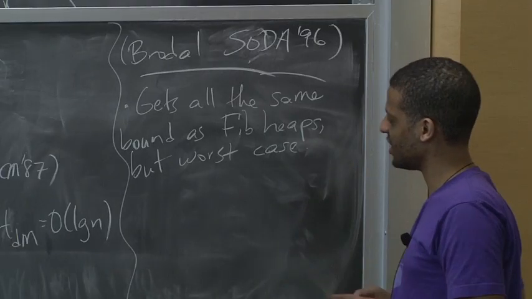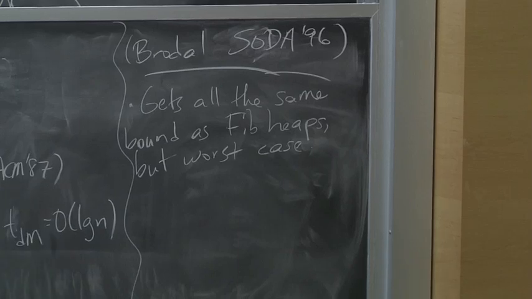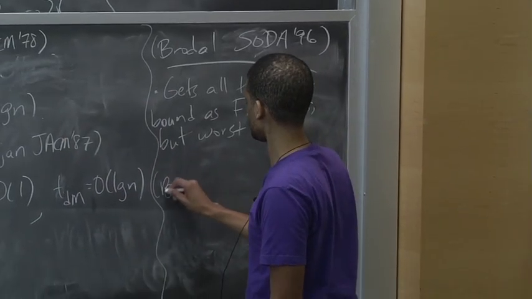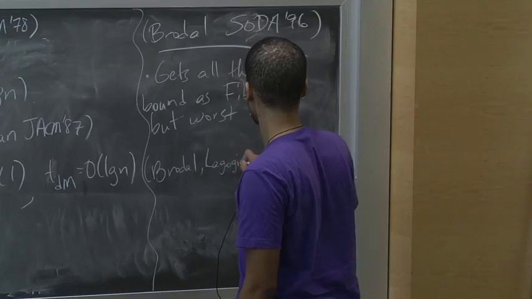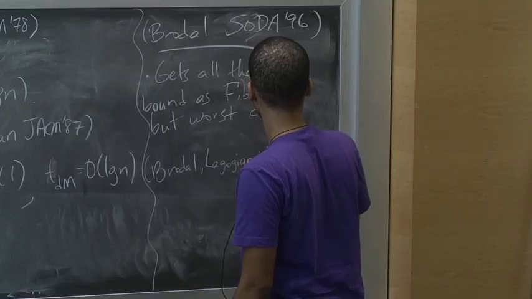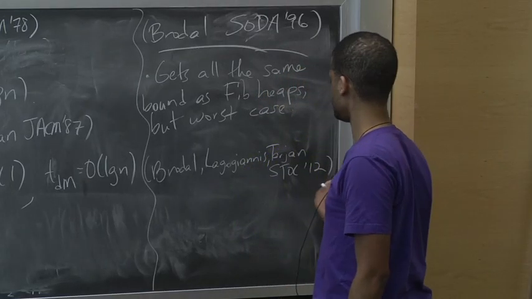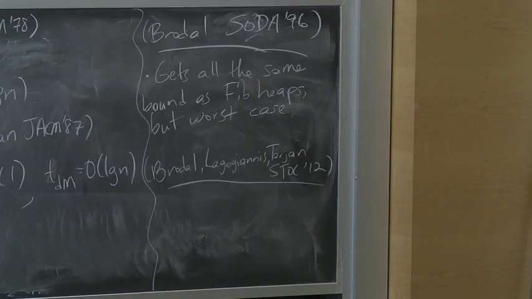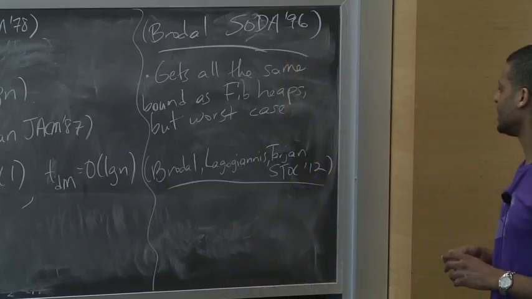So he gets that, and then there's a paper by Brodal, Tarjan, and one other person whose name I'm going to misspell, Lagogiannis. Brodal, Lagogiannis, and Tarjan. That's just 2 years ago, STOC 2012. Okay, so they get the same exact bounds. The thing is, there are sort of